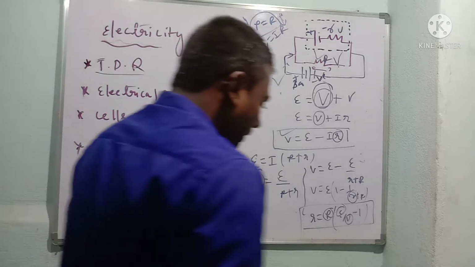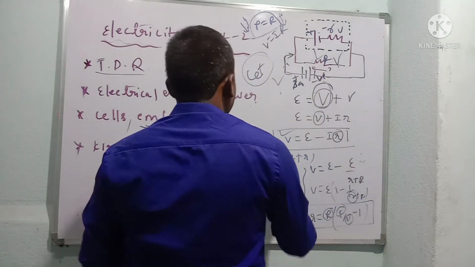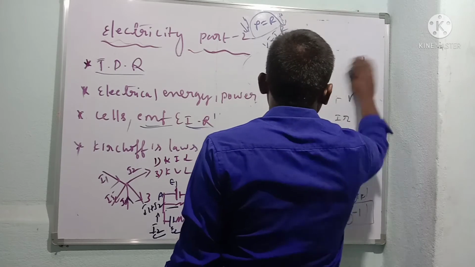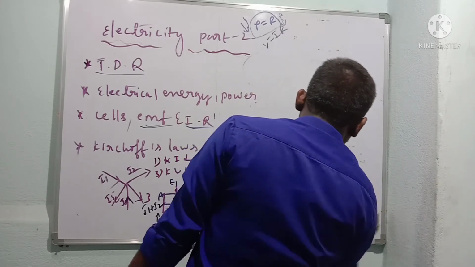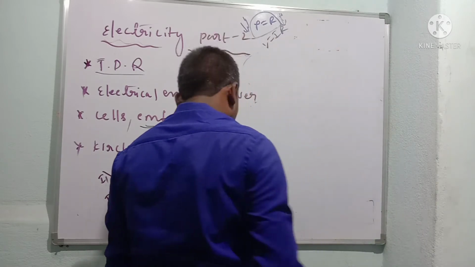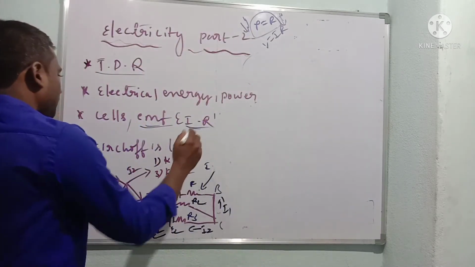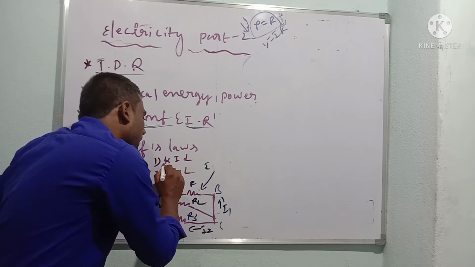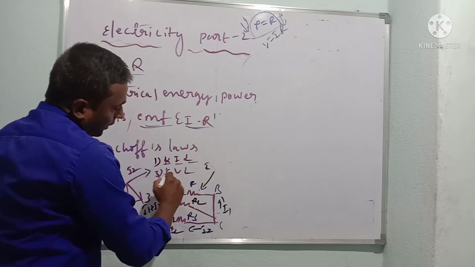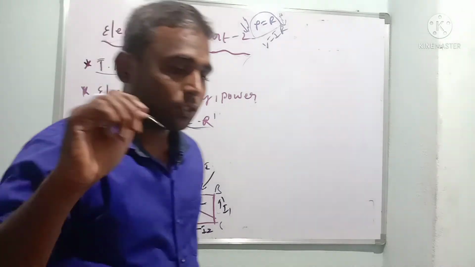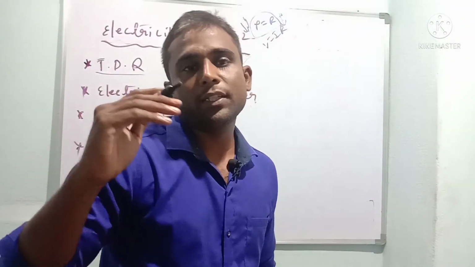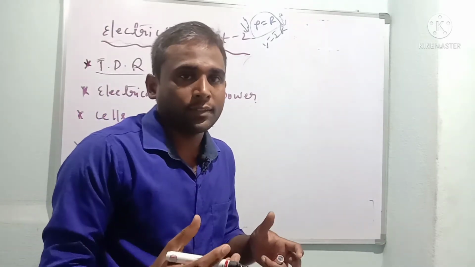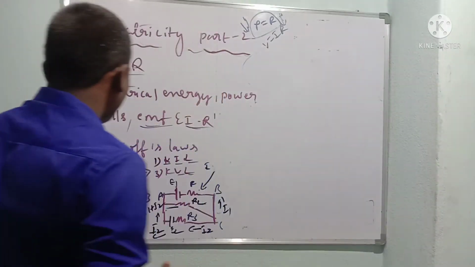After that, without wasting time, let us understand Kirchhoff laws. Broadly we classify them into two things, that is KCL and KVL. So Kirchhoff laws, very important children. Kirchhoff current law and Kirchhoff voltage law. He gave the relationship between current, voltage, and EMF. Dear children, what is the first law?